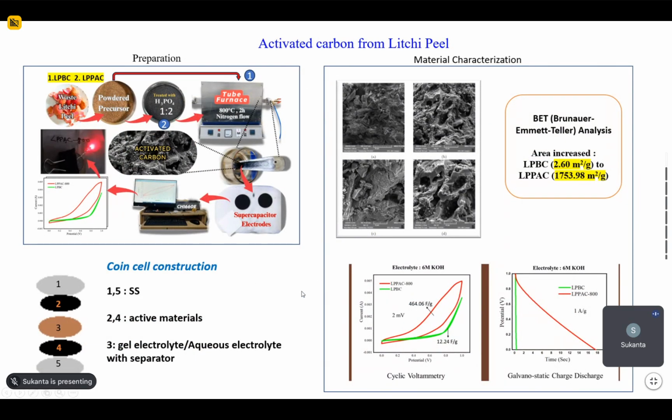We have prepared lychee biochar that is activated from biochar. We can prepare the activated carbon in different methods. First, we use this lychee peel and then dry it to make the powder. We can treat with acid or gas, and then